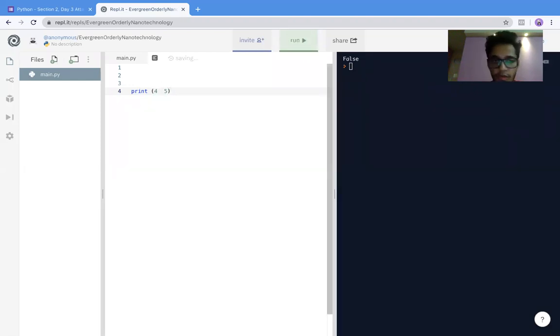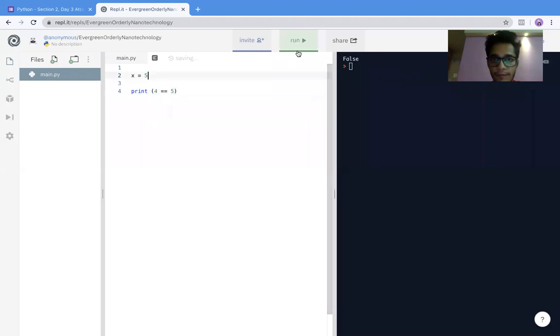Now, you cannot write a checking kind of statement with a single equal to. A single equal to is basically representing assignment. So x is equal to 5, that's fine. But this is not 4 is equal to 5. 4 cannot be equal to 5. But you have to check whether it is equal to 5. So there lies the difference. Then you will check it with a double equal to.